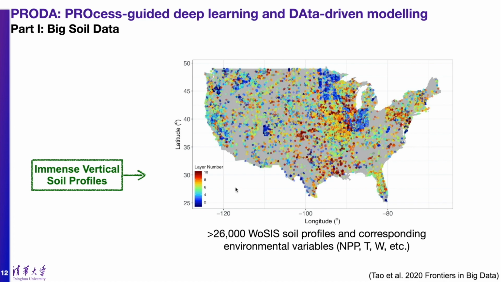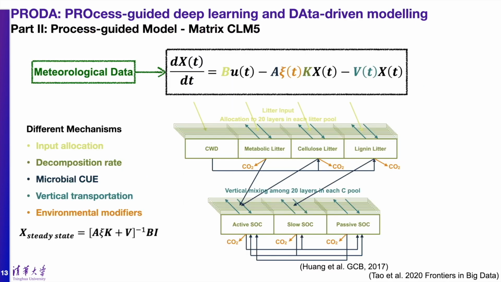At the same time, we also have the corresponding environmental variables such as temperature, precipitation, and edaphic features from other data sources. On the other hand, we use the matrix CM5 model as the process model to simulate soil